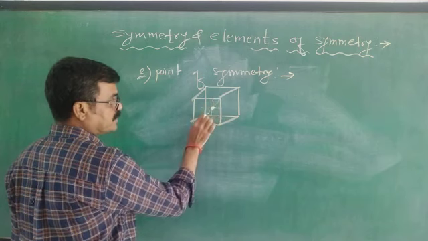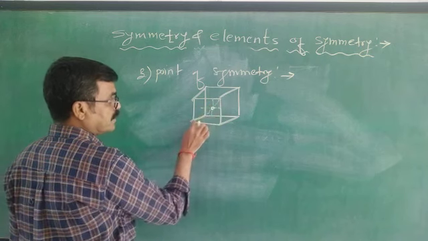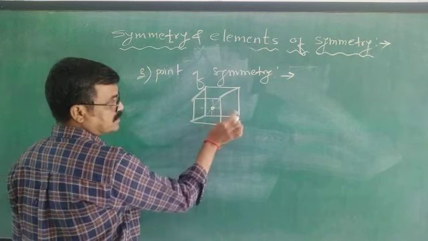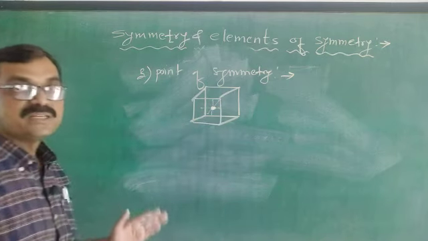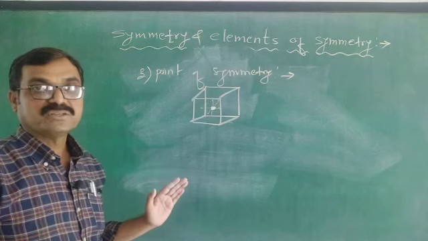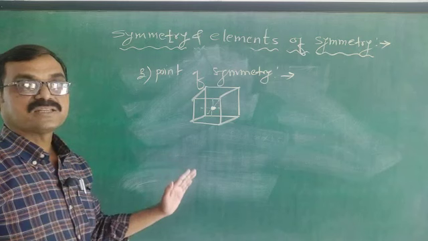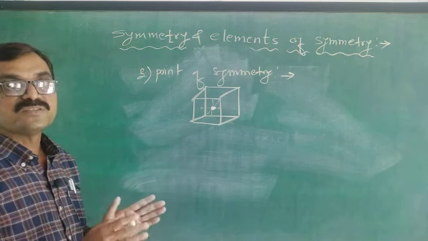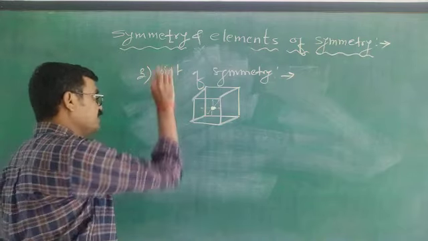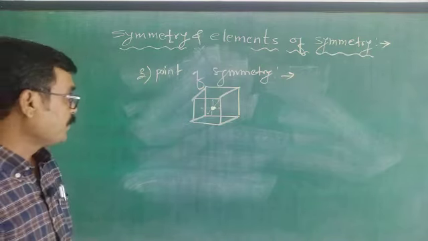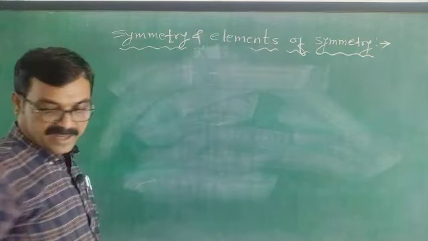Okay, the opposite of this corner, this. The opposite distance, opposite faces, opposite edges are at equal distance from this imaginary point. Such a point in the crystal, or such an imaginary point in the crystal from which opposite edges, opposite faces, opposite corners are at an equal distance, such a point is called a point of symmetry. Are you getting it clear? Understood? Very important.